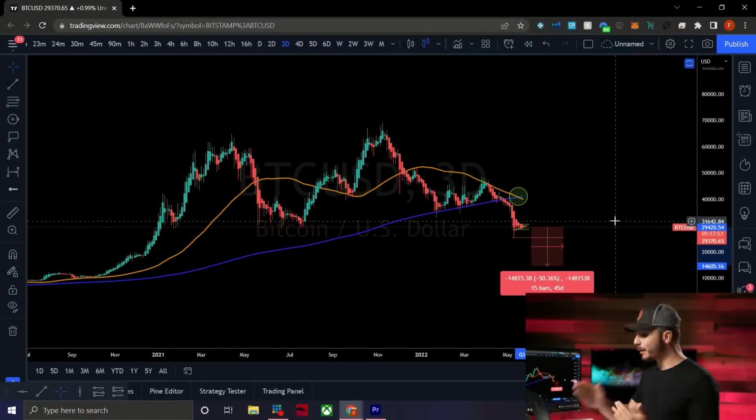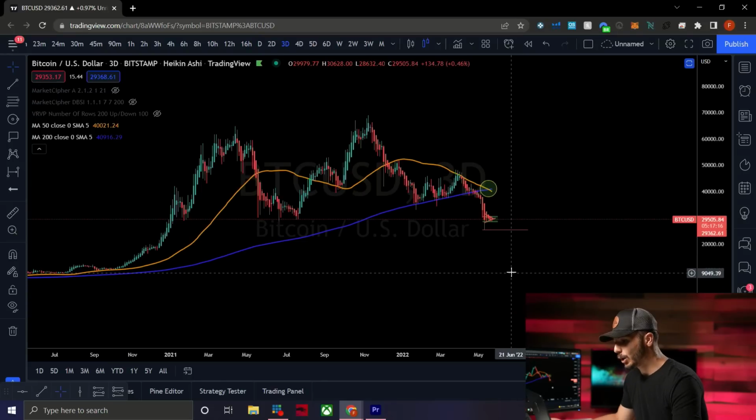Whether you measure it from the cross of the actual moving averages, and again, I don't really know why you would do that, but it is interesting when you do measure from there, you get a lot of interesting numbers, basically our price targets for the bottom of the bear market. And then when you measure from the price, you get those worst case scenarios where we break the low 20s and we come down closer to the $14,000 level. So either way you measure it, we are getting very, very interesting numbers when you extrapolate the percentages from the